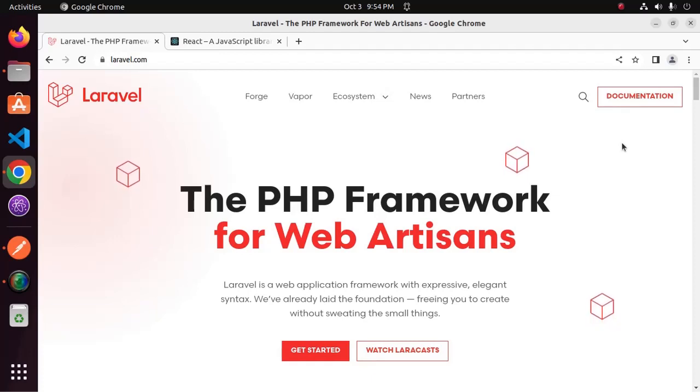In this tutorial, we are going to build a full stack CRUD application with Laravel as a backend and React.js